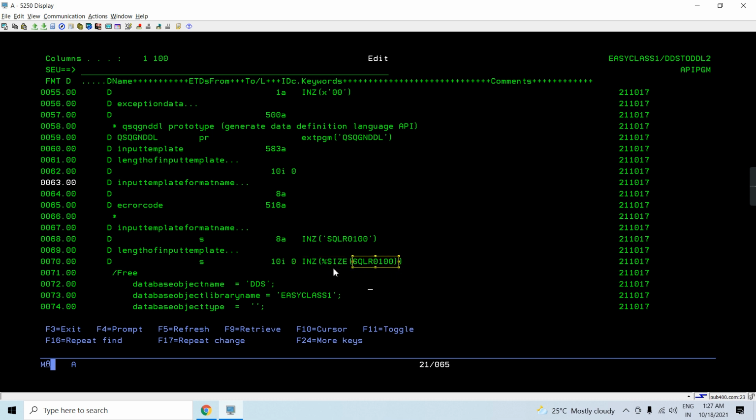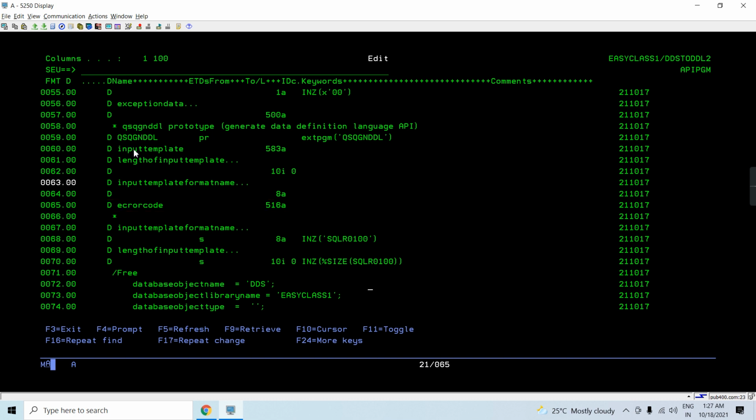This is the format name as well, so I took the same name as the DS. In your program you can use any other name as well, like input template or anything else you want. This is the error code DS, so whatever error is returned will be in this DS.